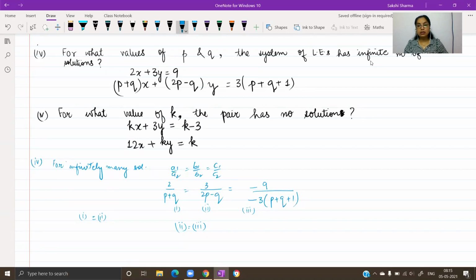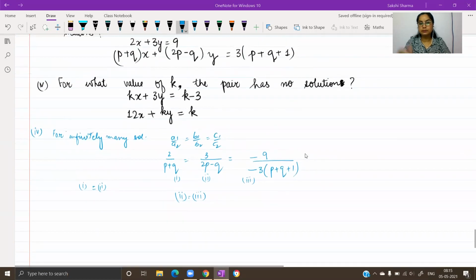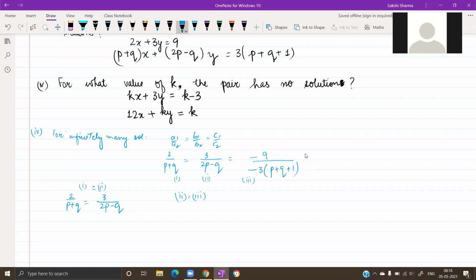Go ahead and solve if you haven't done. In case anyone has not done this yesterday, you can solve this right now and see if you can obtain the answer. Equate first ratio with the second one and tell me what do you get. 2 over P by Q equals to 3 over 2P minus Q. Cross multiply and tell me what the answer will be. Simplified form of the equation. P minus 5Q is equals to 0. P minus 5Q equals to 0. Has anyone else done this?